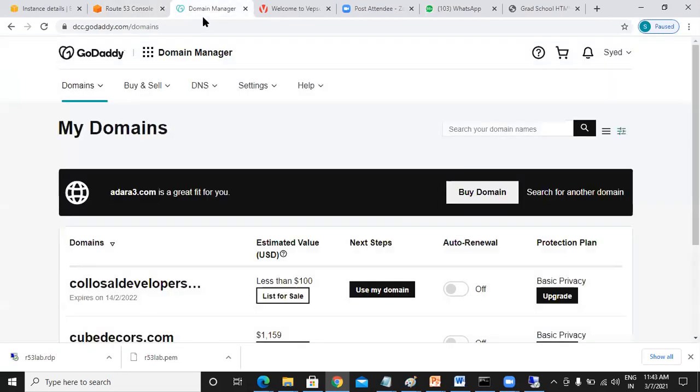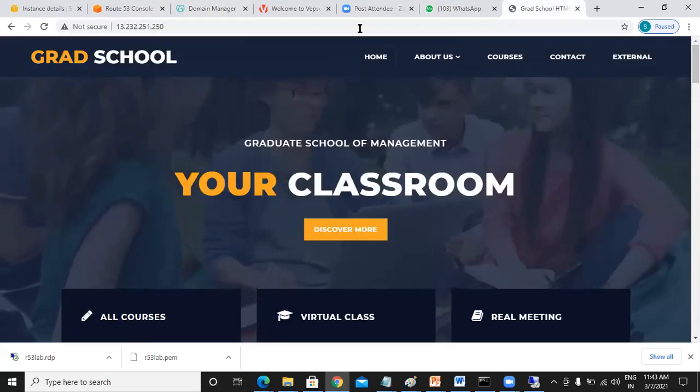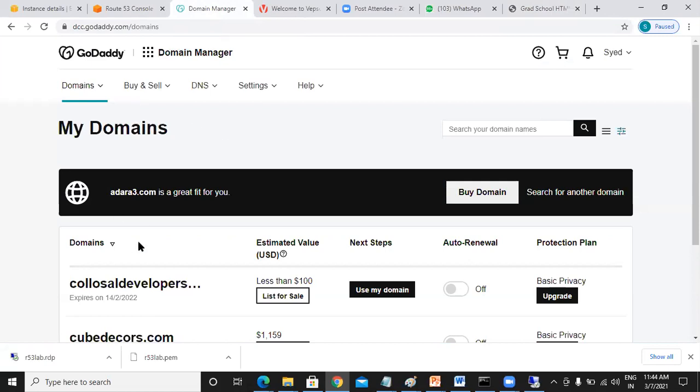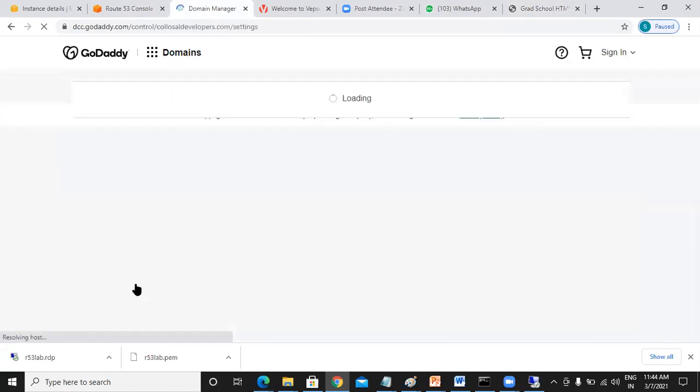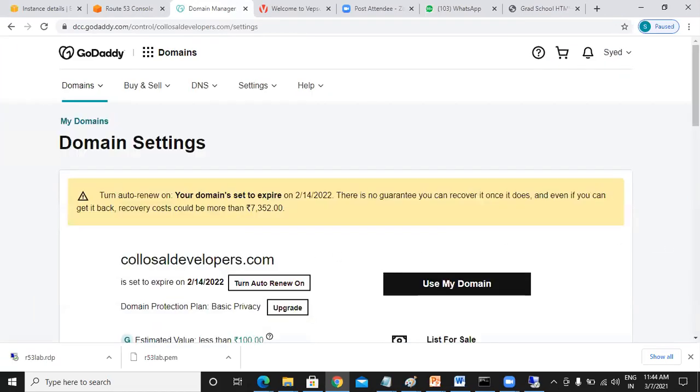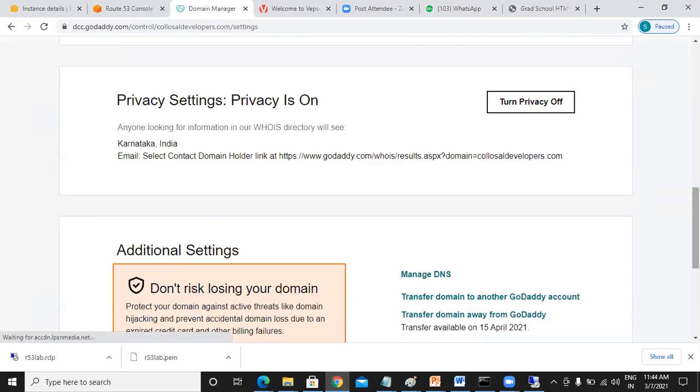Now let's assume that you want to access this website through GoDaddy. Then what you need to do is, this is my GoDaddy account. So I go to this website here and I can just give the details.